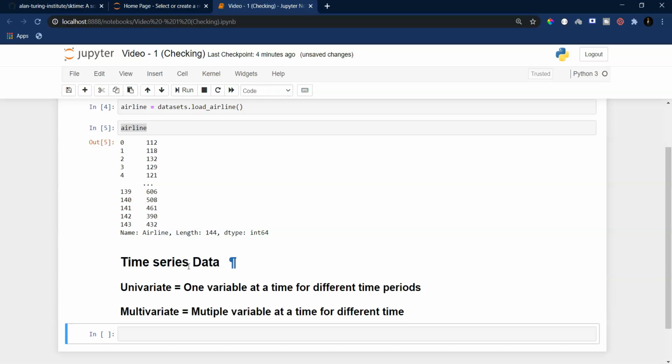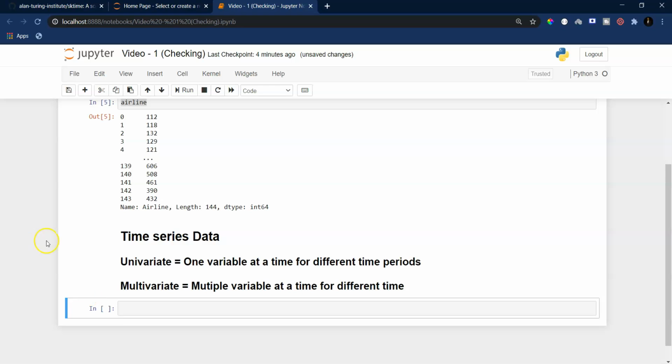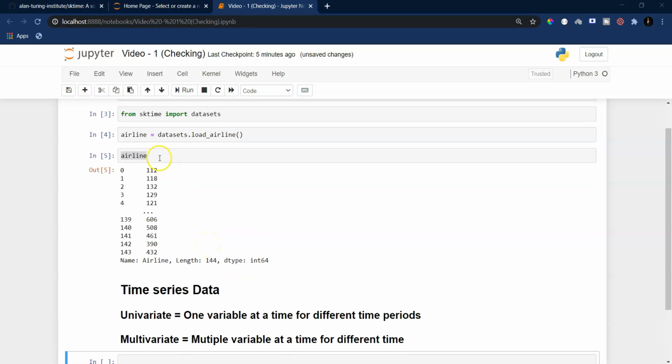So this is the basic distinction between univariate and multivariate time series data. Obviously we have not covered the whole of time series, and there are many aspects which are remaining right now, but I hope you get the basic idea.